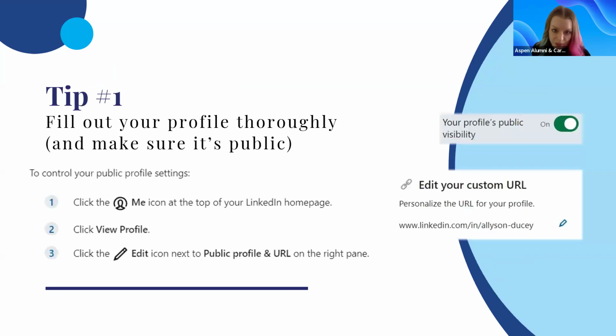So let's get into it. Tip number 1 is to fill out your profile thoroughly. This is the first tip because the most filled out profiles on LinkedIn come up first in a recruiter's search. You may be the country's leading professional in your field, but you might never be approached for it on LinkedIn if your profile isn't thoroughly filled out. While that's not the only factor that affects your place in a hiring manager search,